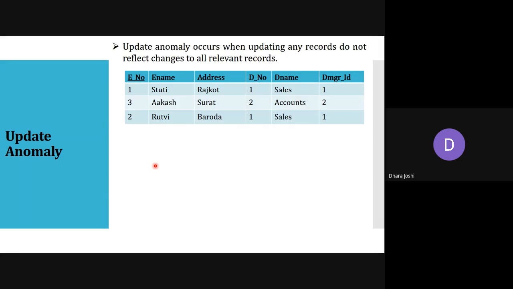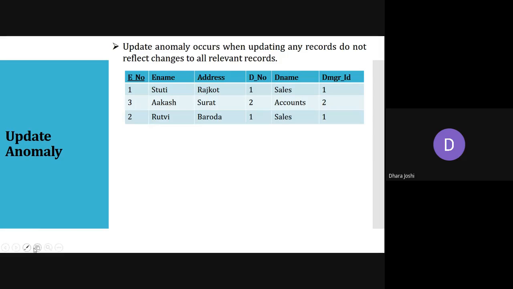So every time the manager in charge is changed or replaced, we need to change it in each and every record. It is not like Control F, find and replace. It is not like that. Whenever we have the sales department in any row, we need to find it and change the manager for it.